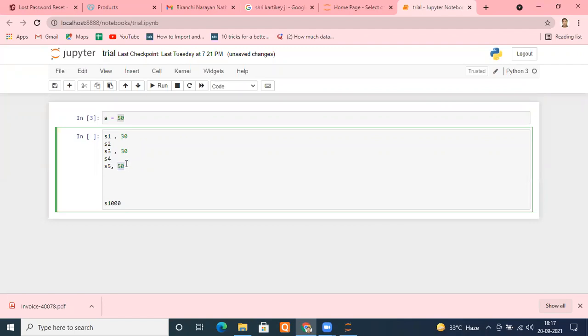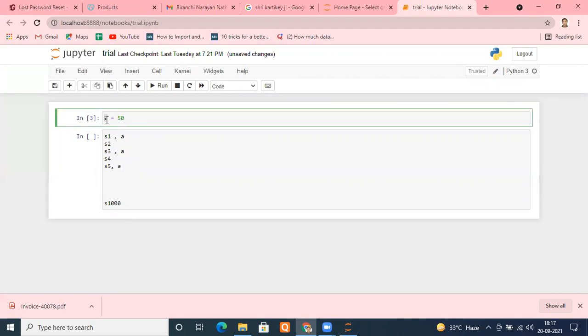Okay, so imagine how tedious your work becomes. Very difficult. But instead of that, if you use variables, and instead of putting 50 here, you assign its label, that is A, A everywhere. So what happens if somebody says change the value of 50 to be 30 only? See, 50 is nothing but A. So we just have to change it at one place and make it 30 only. Once it is made 30, problem is solved. Automatically, everywhere the A value will be referenced as 30.